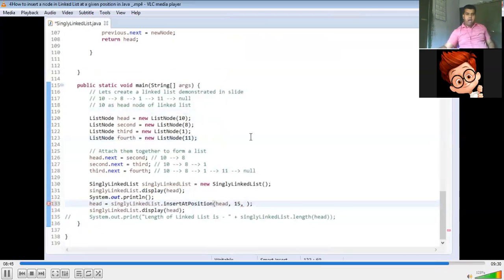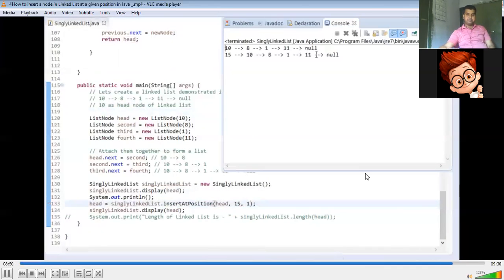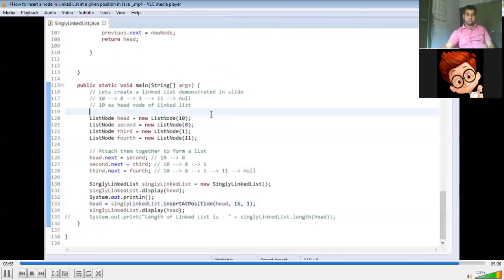Let's run it with position 1. This time it prints the same list, but having 15 inserted at position 1. Thus, in this tutorial, we saw insertion of node at a given position. So friends,